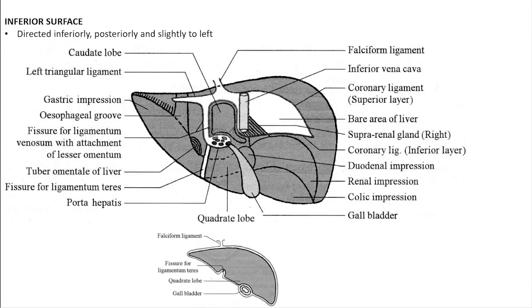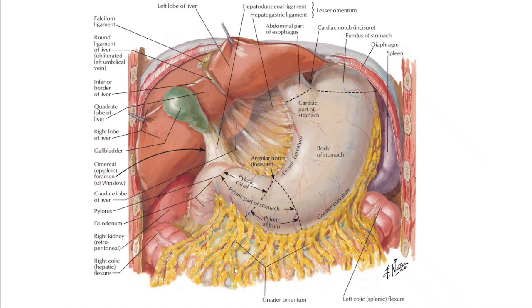Right. Now, if we do a transverse section through the lower part of the liver, that is passing through the fissure for ligamentum teres, here we will see that it contains only two layers of peritoneum. There are no intervening other two layers of peritoneum, and this whole peritoneum is forming part of the greater sac because it is lining this part of the liver. Right. So this is forming part of the greater sac only.